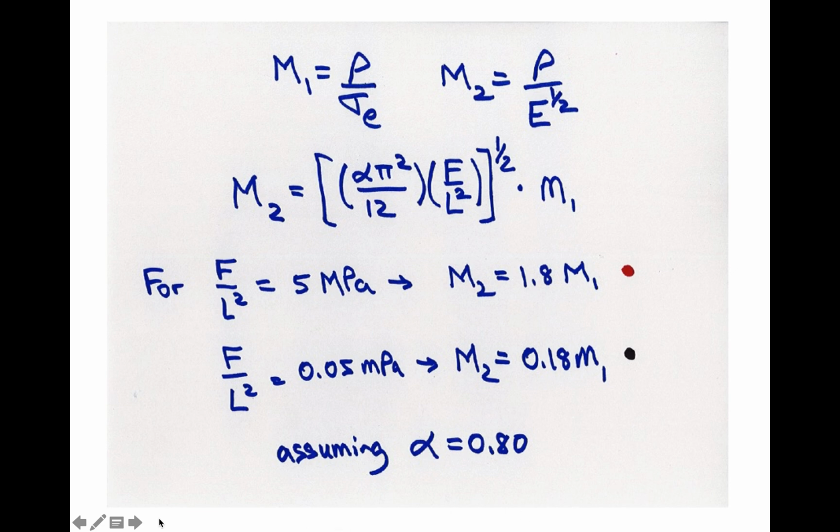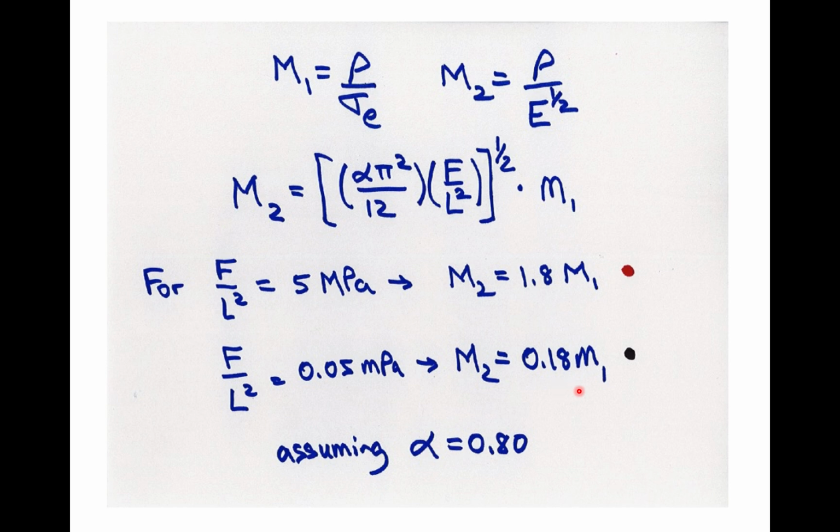So here is, again, the two material indices, M1 and M2, and then we had this coupling equation with F over L squared there. What I want to do first is just plug in values. We're going to use alpha equal to 0.8, and look at the two values of F over L squared and see what that means in terms of the relationship between M2 and M1. For the 5 megapascal F over L squared value, M2 is going to be equal to 1.8 times M1. And for the 0.05 megapascal value, M2 is going to be equal to 0.18 of M1,